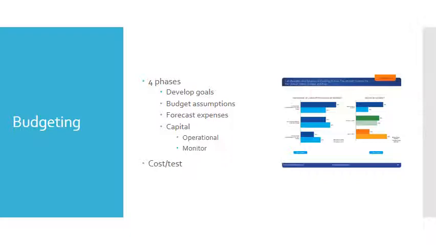So the first phase will be developing your goals, and this will be based on the mission of your organization and any strategic objectives that you as a management team have developed. And then the second phase is going to be your budget assumptions. Basically, this is where the predictive capabilities come into play. Your organization has to be able to provide some kind of forecast of the monies that are going